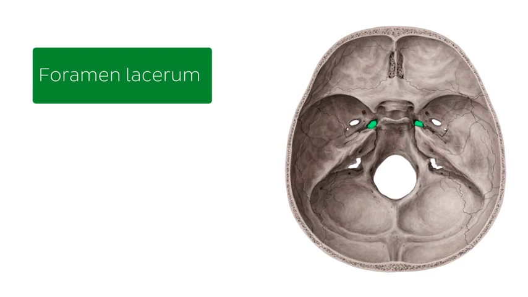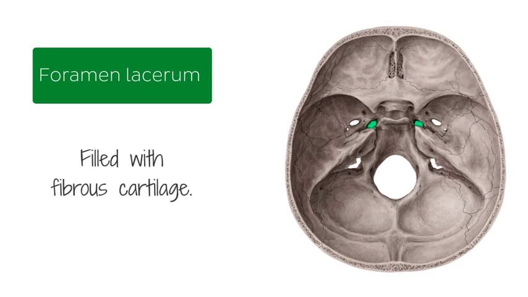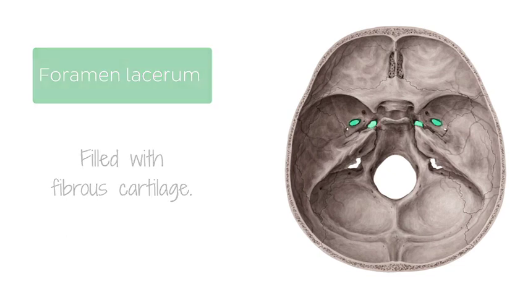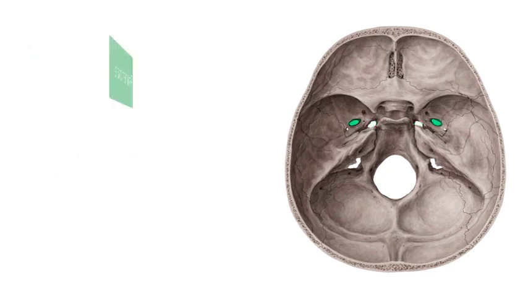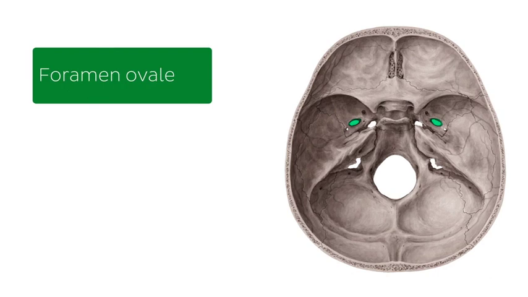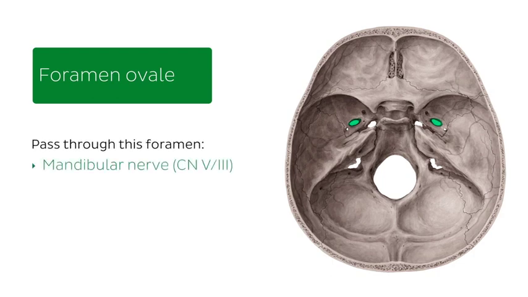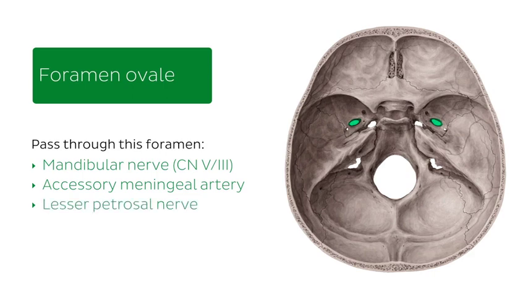It is instead filled with fibrous cartilage. This foramen has the anterior opening for the pterygoid canal and a posterior opening for the carotid canal. Another pair that we will be highlighting here is the foramen ovale. The foramen ovale is located on the sphenoid bone, remember from the previous slides. Structures that pass through this foramen include the mandibular nerve, the accessory meningeal artery, the lesser petrosal nerve, and